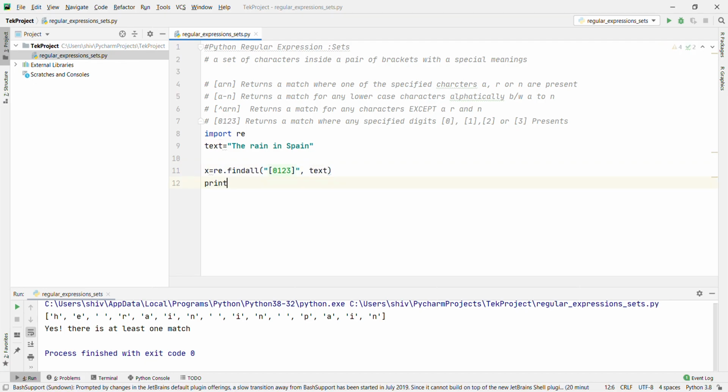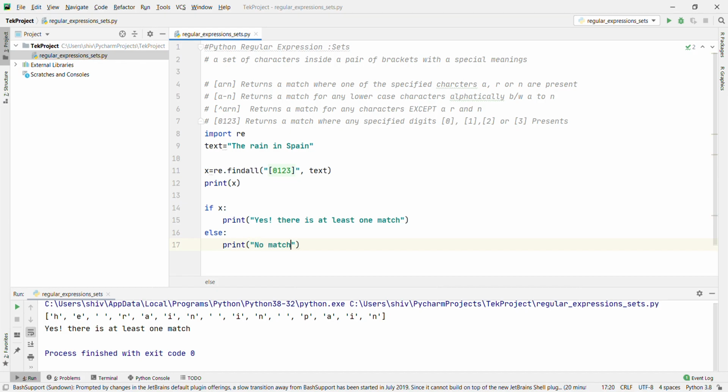Print x. If x, then print yes, there is at least one match, else print no match.